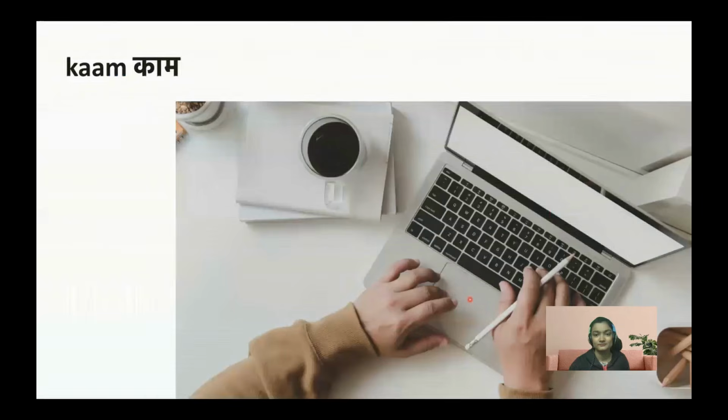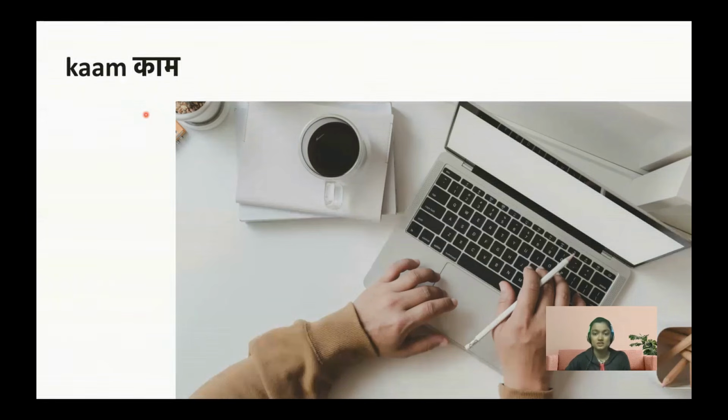Now, with that motivation, let's identify the gender of some more commonly used Hindi words that will help you speak correct Hindi. Another word is kaam. Kaam refers to work. For example, काम हो गया. From this sentence, can you identify the gender here? काम हो गया. Gaya is the past form and the masculine form of the verb jana. काम हो गया means the work is done. The work is over, it's finished.